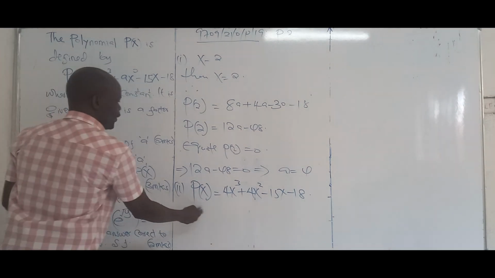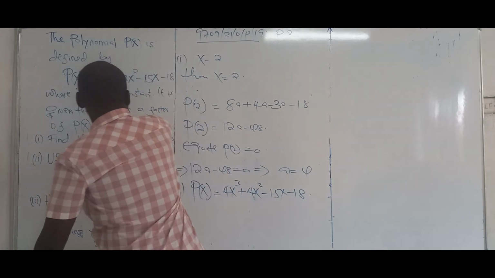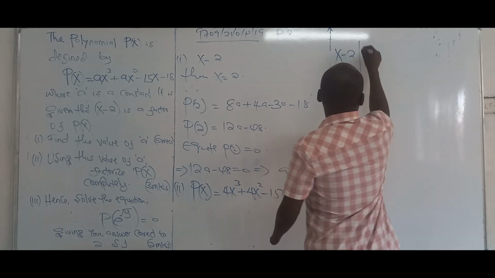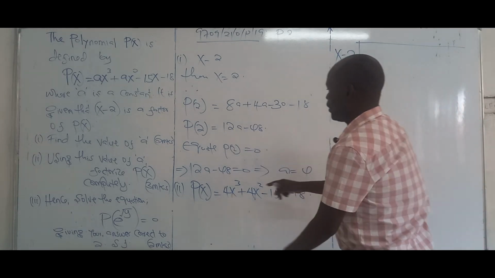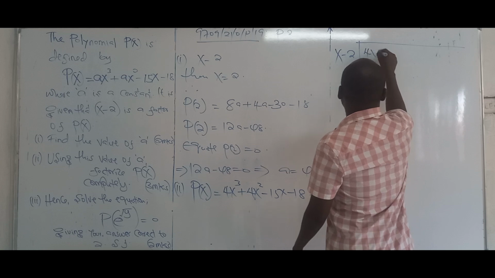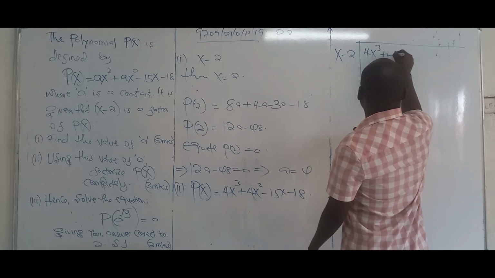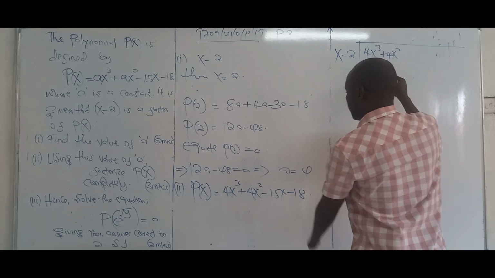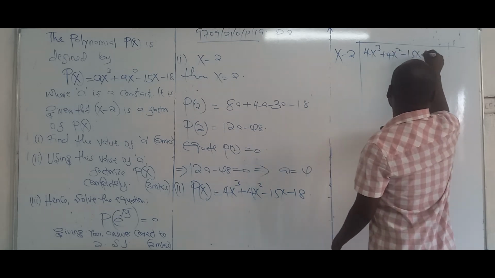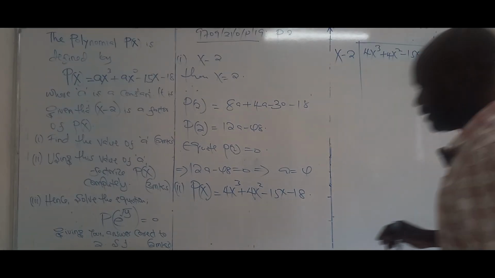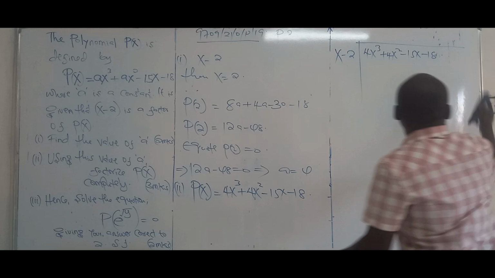We are expected to factorize this completely using x - 2. So we say (x - 2) into 4x³ + 4x² - 15x - 18. Now to divide this